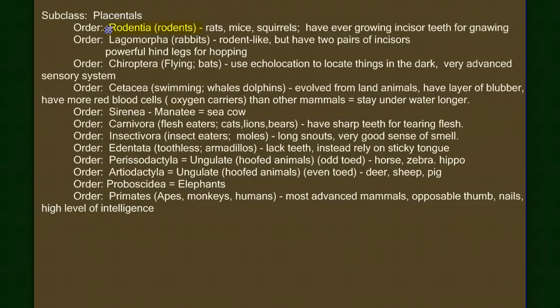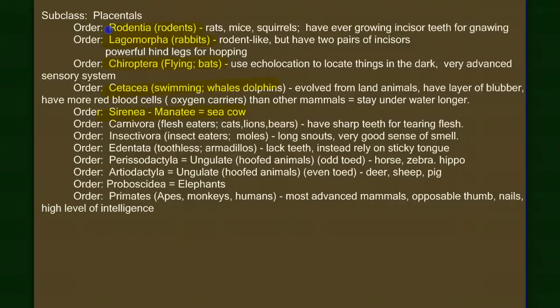We have the rodents and the lagomorpha, which include the rabbits, the chiroptera, the flying mammals, the bats. Order Cetacea, and think sea, Cetacea, the swimming mammals, the dolphins and the whales, and we need to address that. Mammals are terrestrial animals. The evolution of the dolphins and whales represents a movement back to water. These are air-breathing mammals with lungs. So it's interesting that somewhere in evolution they return to water, but we've been terrestrial ever since the reptiles. The Sirenia with the manatee, and if you've ever seen a manatee in the wild, the word serene or calm is an appropriate term for them.